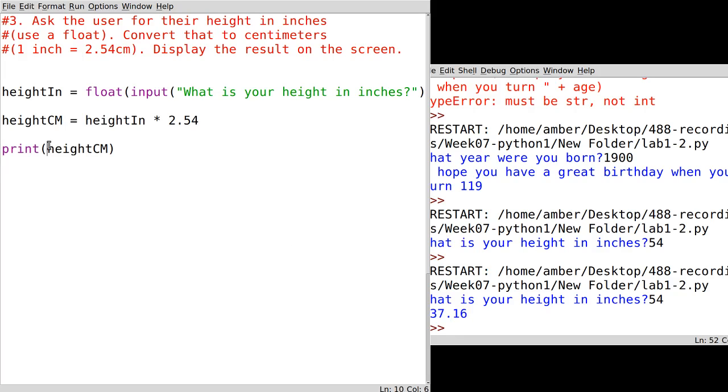Alright, so we were printing that, and then we want to add some strings around it. And we've already seen that if you want to print strings and numbers together, you have to convert the number to a string. I didn't specify that you had to say something else here, but just for practice, I'm going to put it in. So I'll put in space is your height in centimeters. So save it, run it,